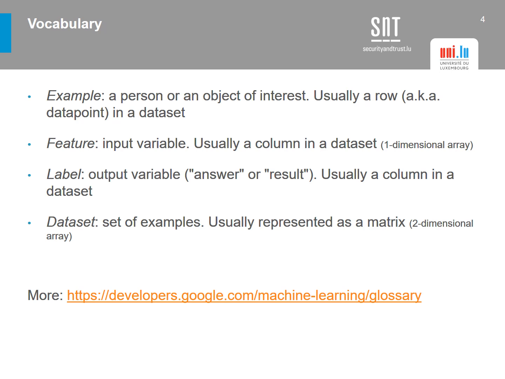And everything constitutes to create a dataset. A dataset is a set of examples. It is represented as a matrix or in mathematics as a two-dimensional array. In a dataset, we have examples that follow each other in rows and features that are represented in columns. Similar to a feature, label is also represented as a column. But in contrast, there are usually multiple features for a single label, hence one column in the dataset.